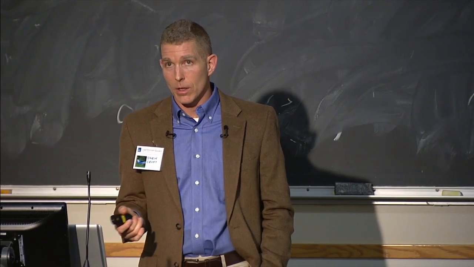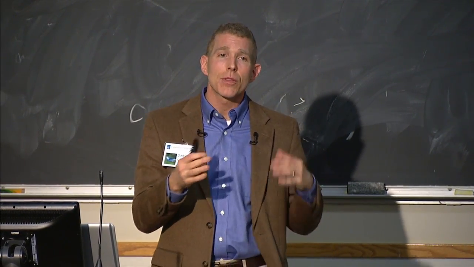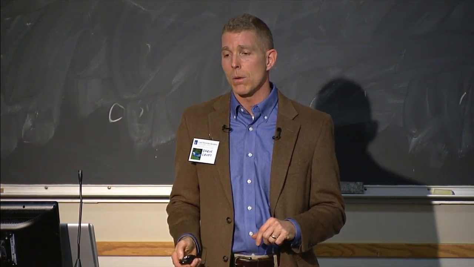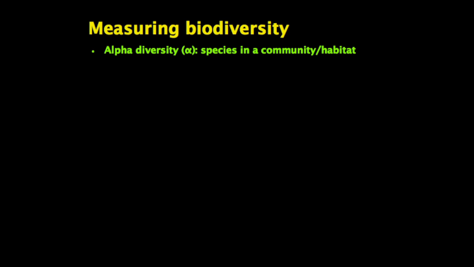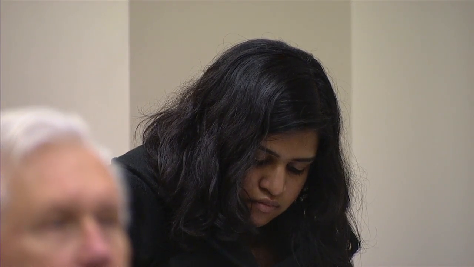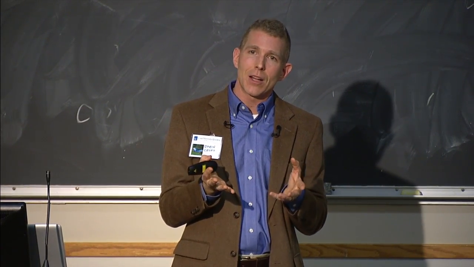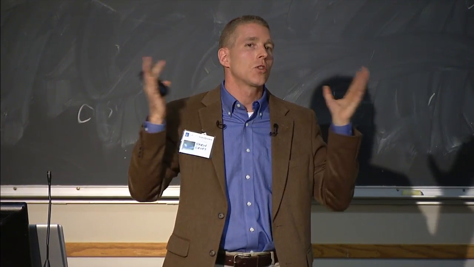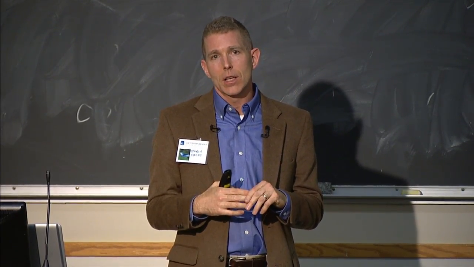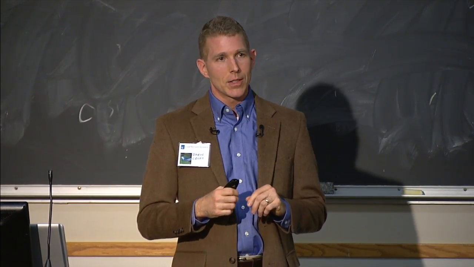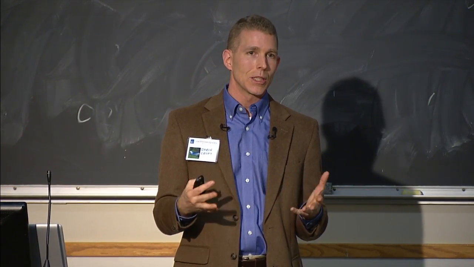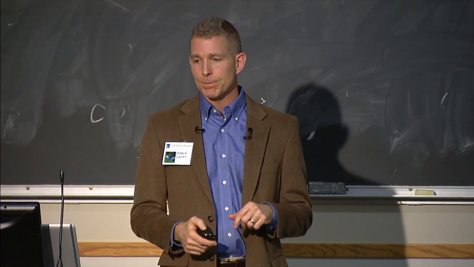Is it simple counts? And it is simple counts to some extent, but there are a couple different sorts of counts that we can do. There's a term known as alpha diversity, and this is the number of species in a community or habitat. And when I do alpha taxonomy, I'm sorting out species. What species is this? What species is that? It's really the fundamental type of analysis that has to be done before you can do any sort of biodiversity studies. And I know Andy Jones hammered in how important it is to have museum collections so you can undertake this sort of alpha taxonomic research.